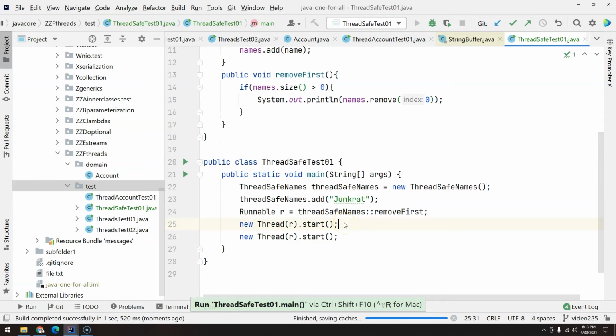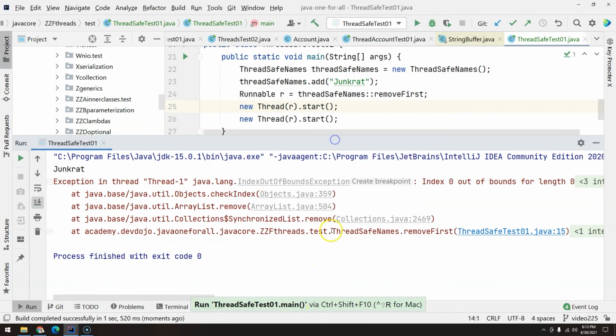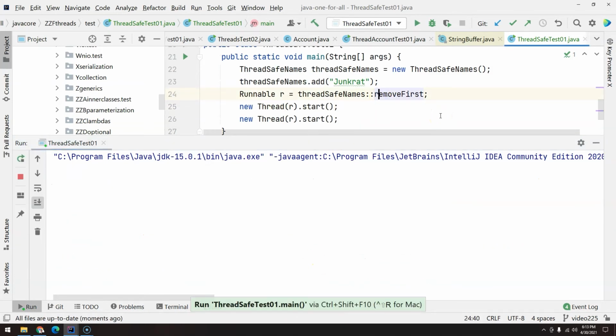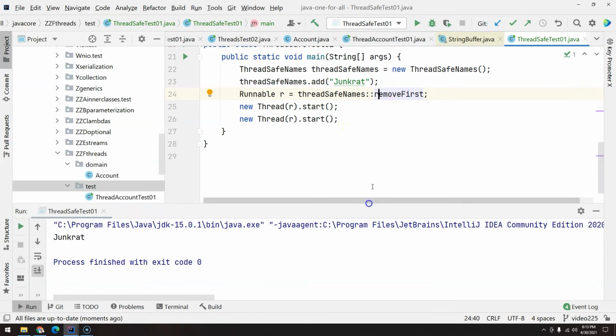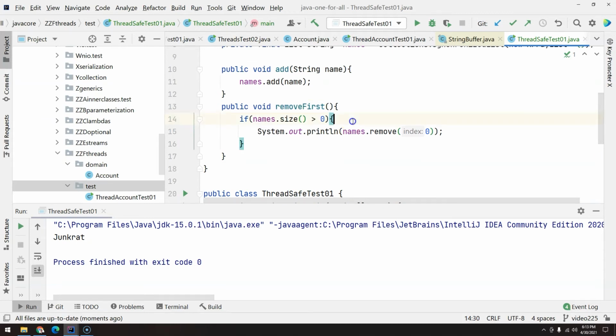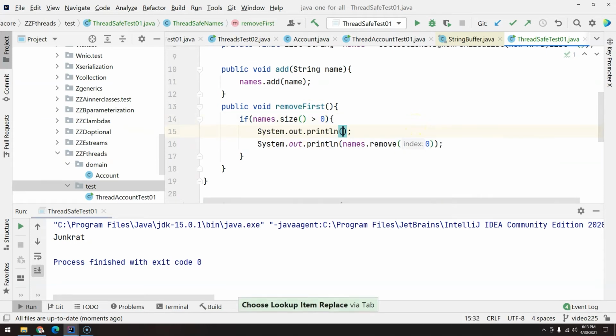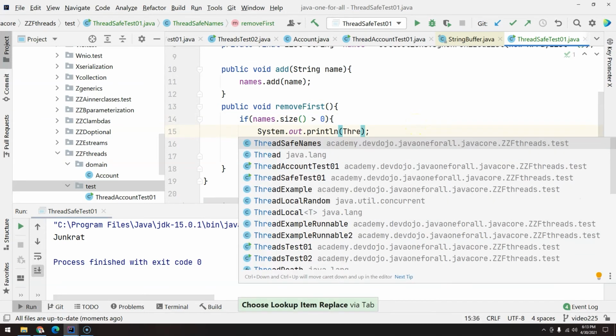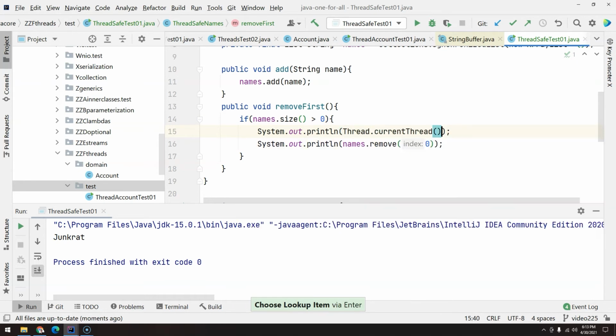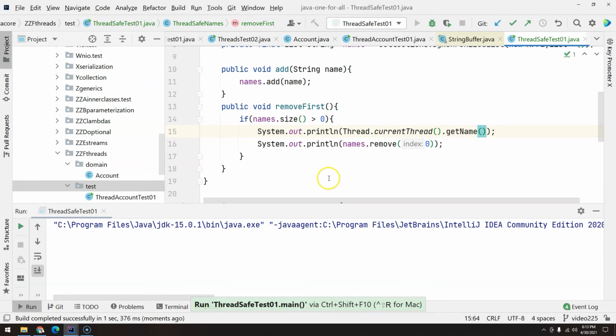Ctrl Shift F10, and we have our index out of bounds exception. We can see that, for example, this time it didn't happen because probably the scheduler didn't schedule both of them at the same time. So let's add here Thread.currentThread().getName. So Ctrl Shift F10.